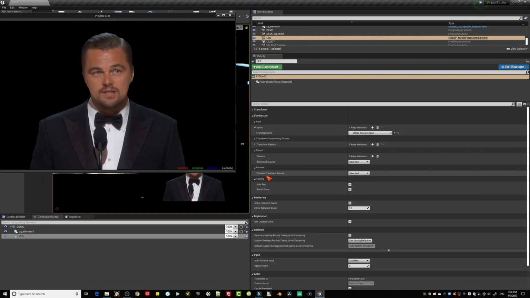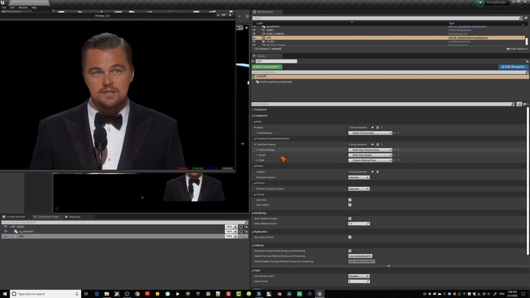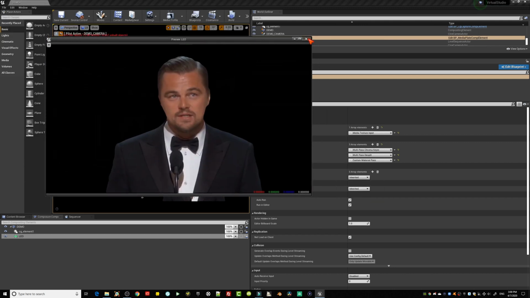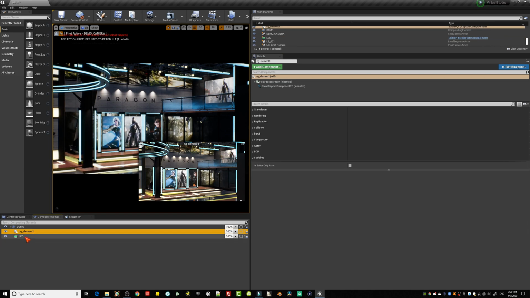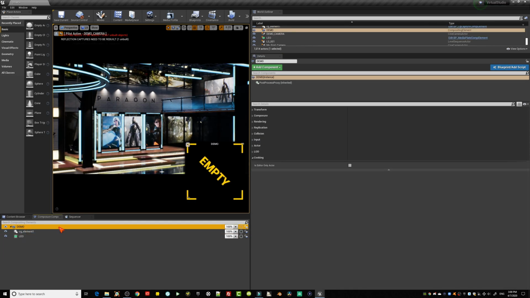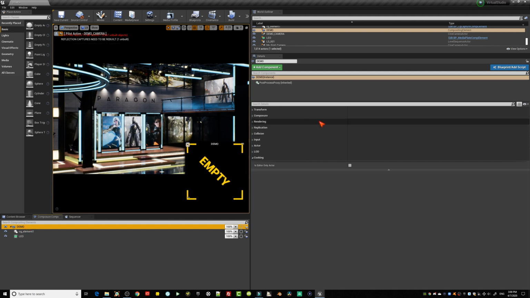So this is what I think is very important to understand, and to know, hey, where do you actually change the settings of your footage, or how can you actually do the comping, and how can you bring those elements together in Composure. Now, even so, when we see this right now, and I click on my CG element, I click on Leo, and I click on my demo, it is still empty. And you're probably wondering why. We brought in the CG element, and we have it, and we brought in the media plate, and we have that. But the composition itself, we didn't